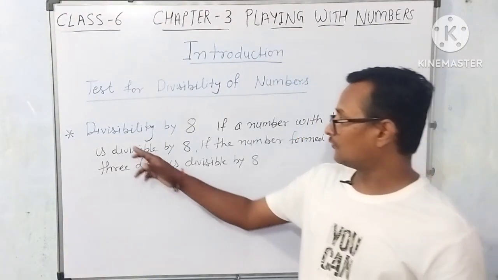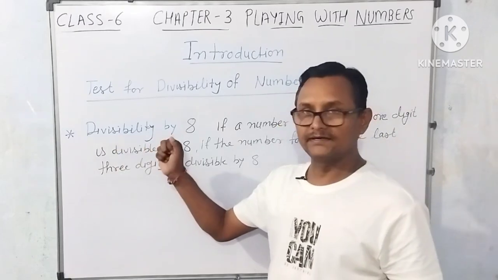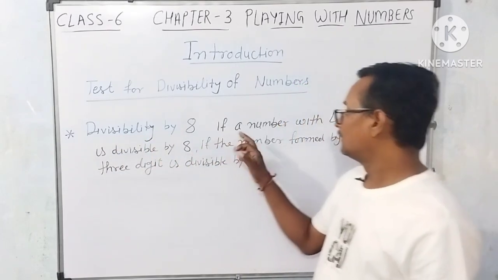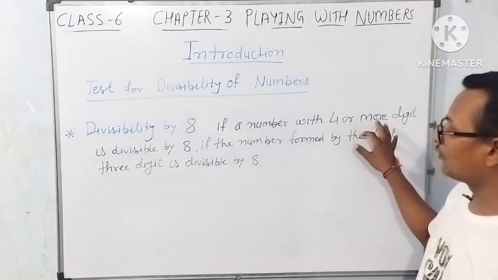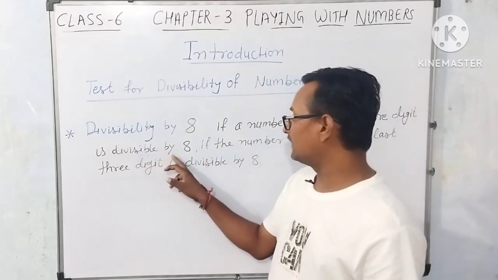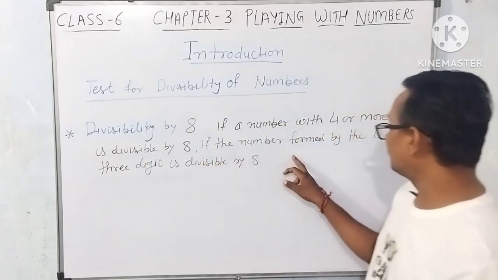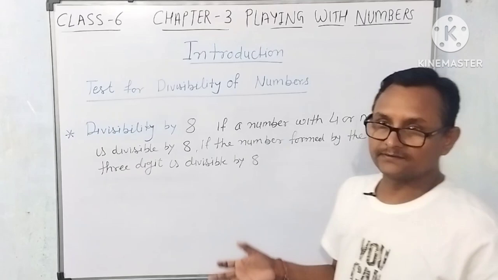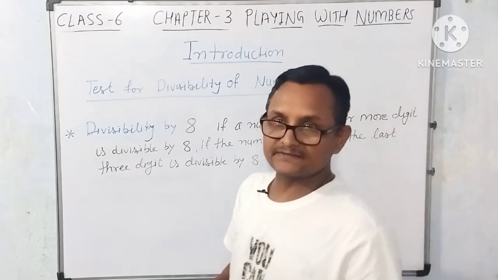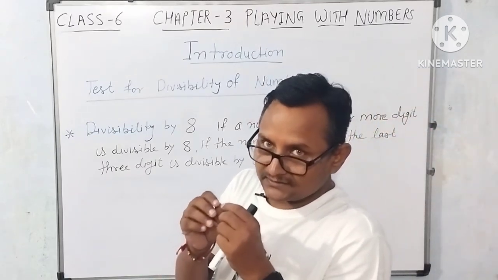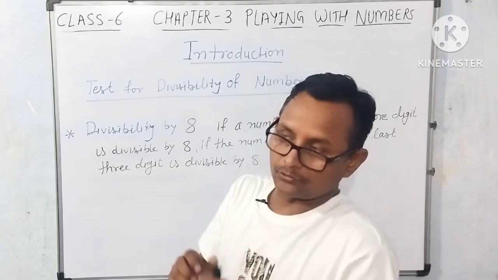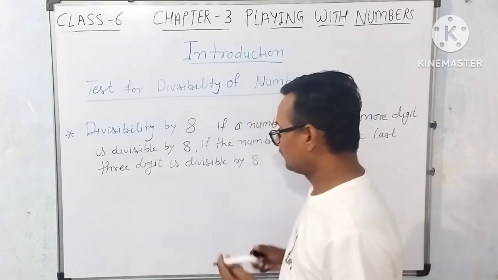Now friends, we go for another rule. Divisibility by 8. A number with 4 or more digits is divisible by 8 if the number formed by the last 3 digits is divisible by 8. Friends, whatever number is there, we have to remember to check whether the last 3 digits are divisible by 8 or not. For example,